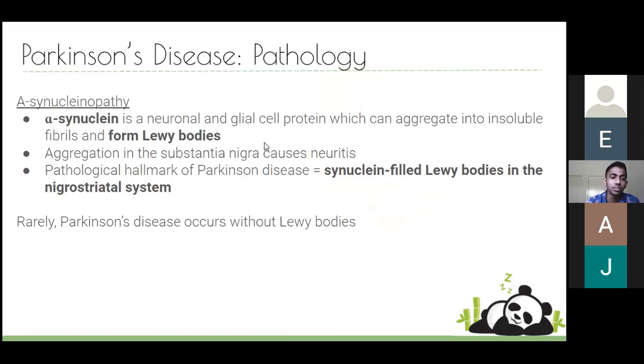Pathology, so actual histopathology is characterized by alpha-synuclein buildup, and they form into these things we call Lewy bodies. And you can really see these when people are on the autopsy bed and you cut up their brain, but it's hard to diagnose that because we don't want to cut up people's brains while they're alive. So this is just a buzzword to know about. And this will help you in the future as well, like year 3, 4, 5, etc.